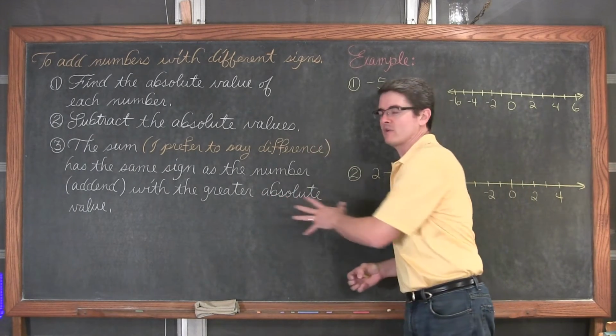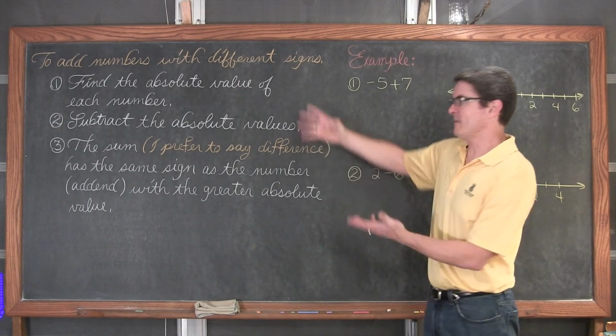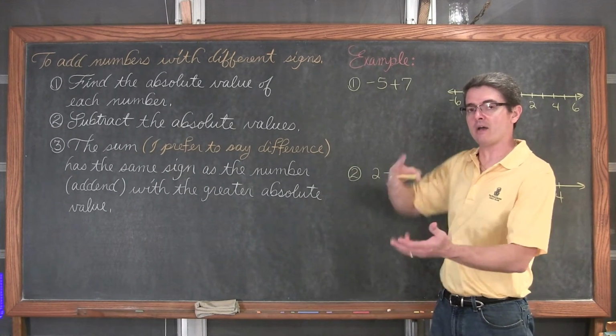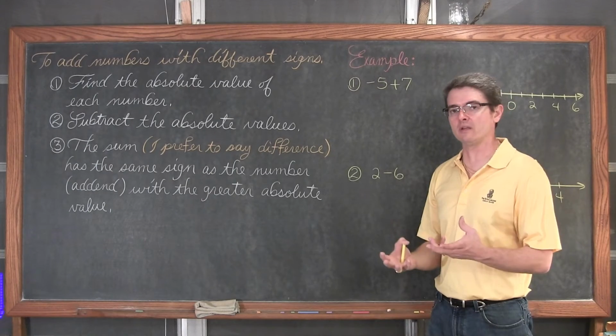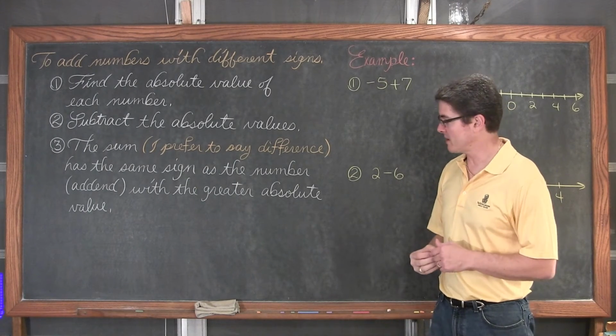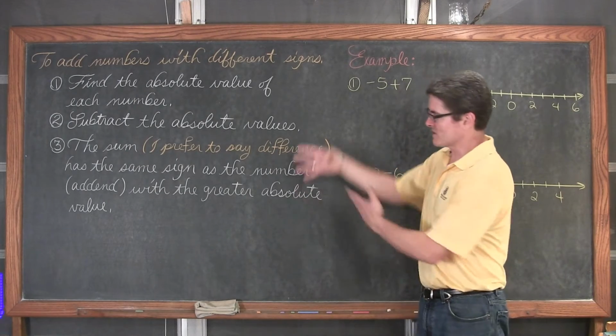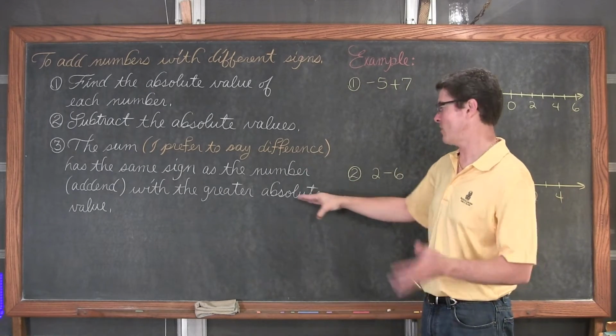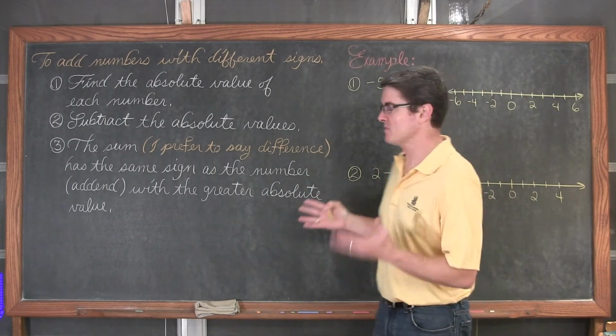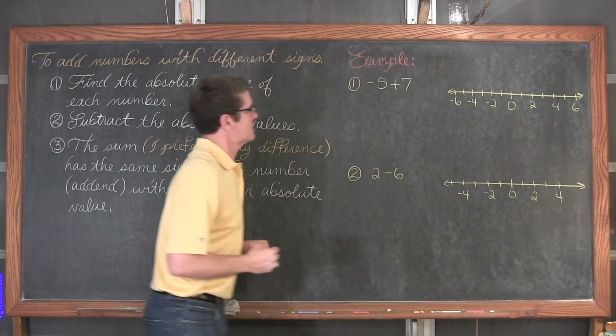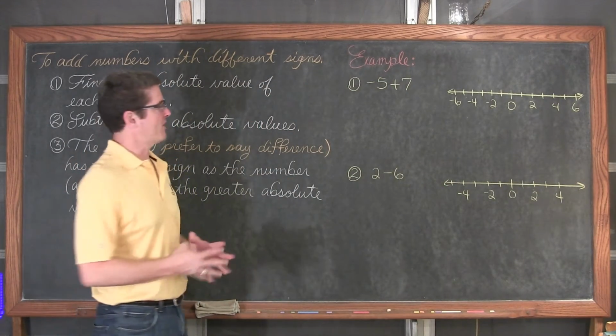Now, I'll even verbally tell my students to follow these steps when they combine numbers with different signs, when they're struggling in high school with signs, maybe if they still are. I abbreviate this language, but I say the same thing. I don't always say absolute value, but I'll explain what I mean in a second. We have two examples. I'm not going to do any fractions with this one.